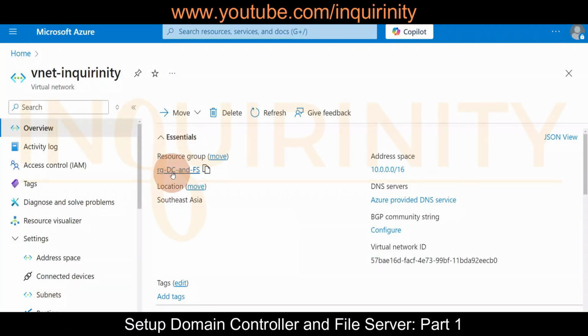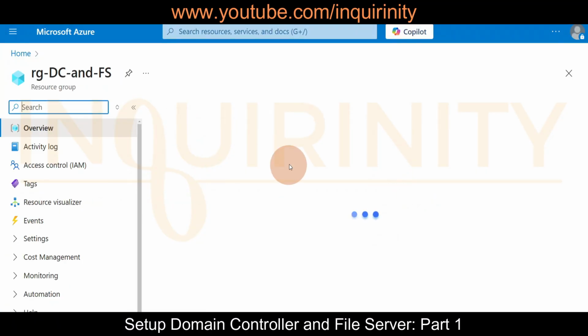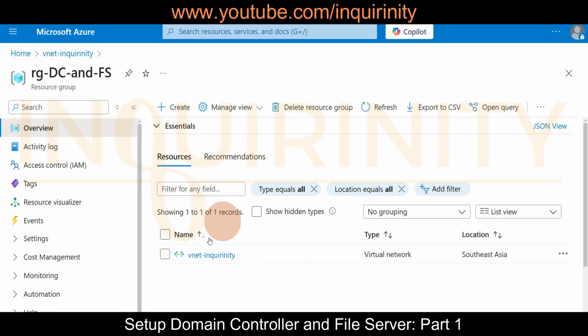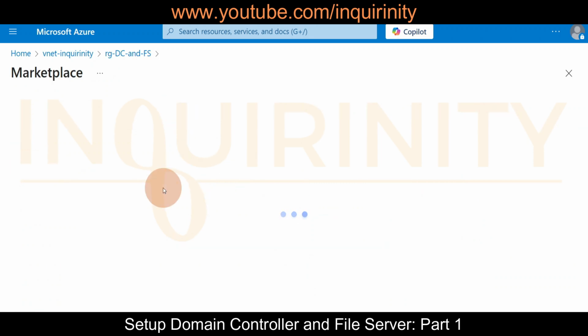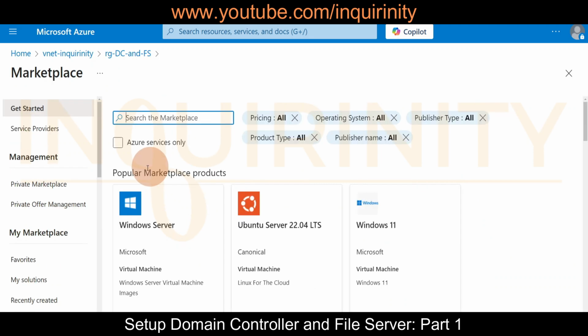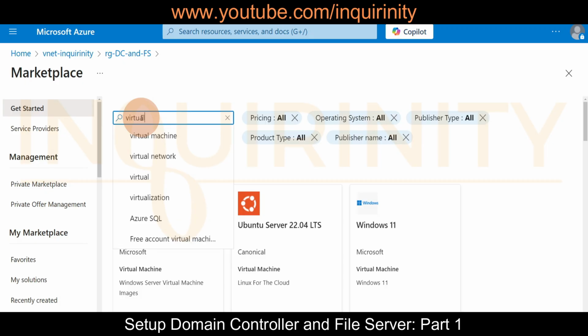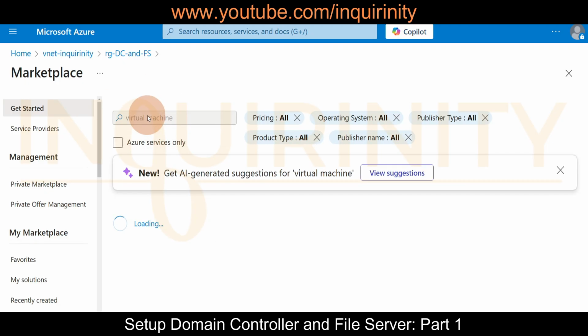Okay, so let's go back to our resource group. And as you can see, we have our first resource in step number 1, which is the virtual network. So let's add another resource, which will be our virtual machine. So we will start with the server. So you type virtual machine in the search marketplace,